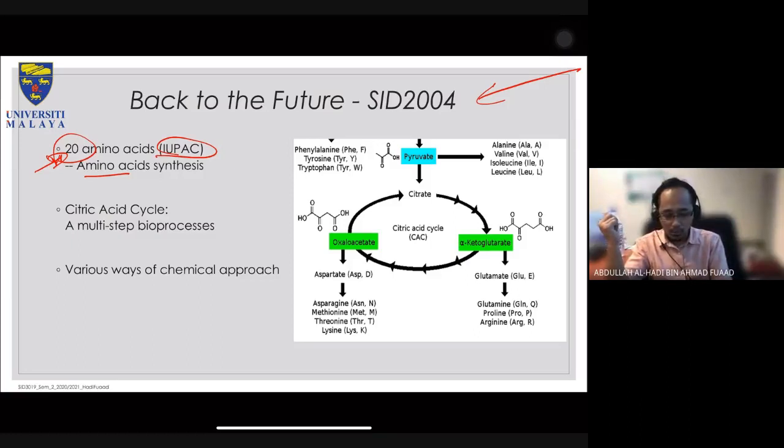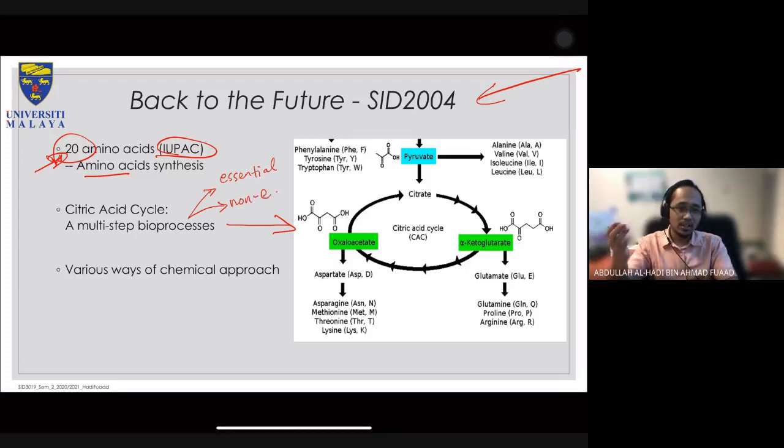All right, and we also looked at the multi-step processes of citric acid cycle, whereby our body managed to produce certain amino acids, while the other amino acids we need to take from ingestion. Okay, so if you recall, we have two categories of amino acid. One is essential, the other one is non-essential. Okay, so the difference is essential amino acids are the amino acids that you can only have by consuming foods. Okay, non-essential meaning that